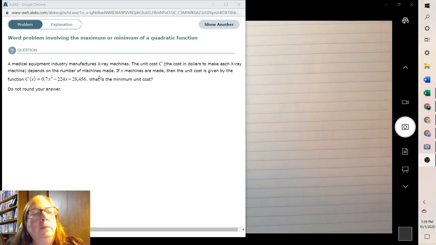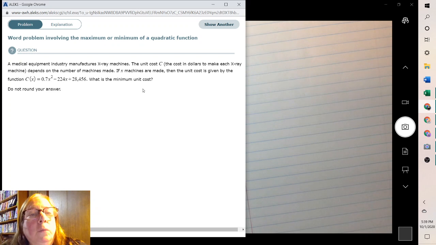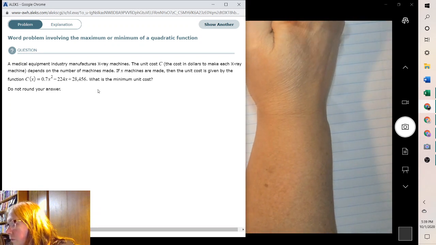A medical equipment industry manufactures X-ray machines. The unit cost, C, depends on the number of machines made. If X machines are made, then the unit cost is given by C of X equals this function. What's the minimum cost? So when you look at the function,